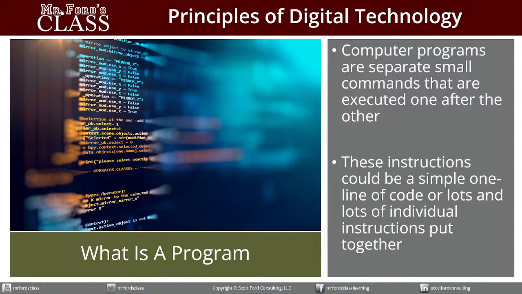So computer programs are separate small commands that are executed one after the other. These instructions could be a simple one line of code or lots and lots of individual instructions put together. It can be a simple program or it can be an insanely long program. So something like Angry Birds, when it first got started, was probably a very simple program. There wasn't a lot of extraneous variables, right? There was still good code, but compare that to, for example,